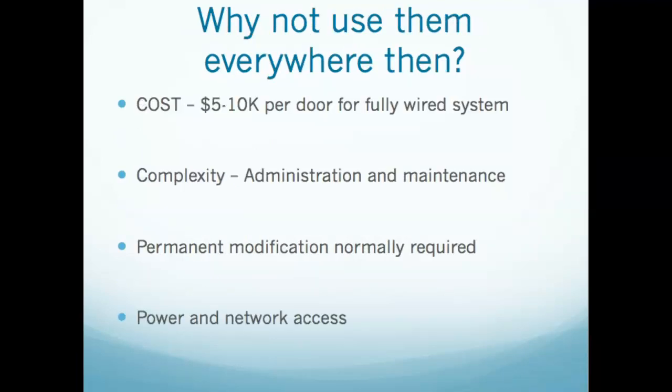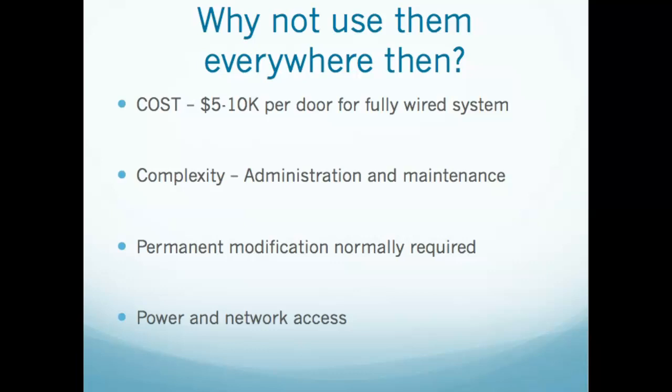So if these systems do all those great things and they're better than keys and they can tell you who, and you can lock people out and all those great things, why don't you use them everywhere? Well, cost is a consideration. A true electronic access control system. Now the ones you have on your dorm rooms are a little different. The ones you have on maybe your apartments, where you use a fob or an electronic card or something to get in, those are standalone systems, and we'll talk about those later in the semester. But a true access control system, a true wired system that goes back to a console,